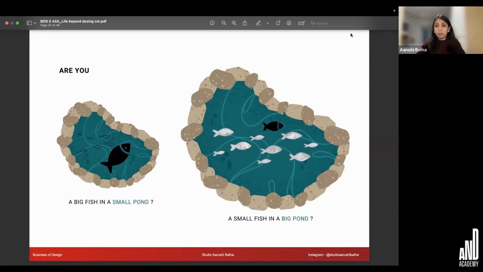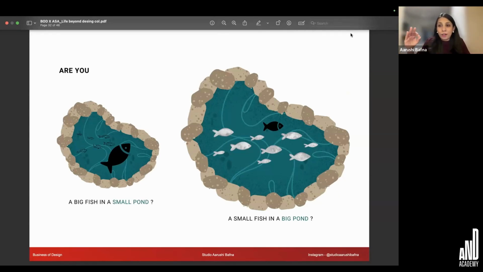Let me just tell you my story. When I went back to Jaipur, I had already worked with Rushad and done a couple of retail projects. My parents, of course, wanted to tell everyone that their daughter is an architect and so on. So I told them, you know what, don't tell them that. If anybody asks, tell them she's an architect and she has extensive experience in retail design from her previous job in Bombay.